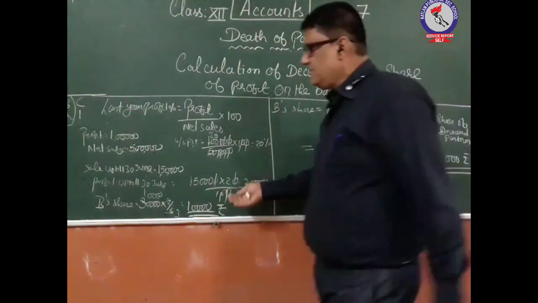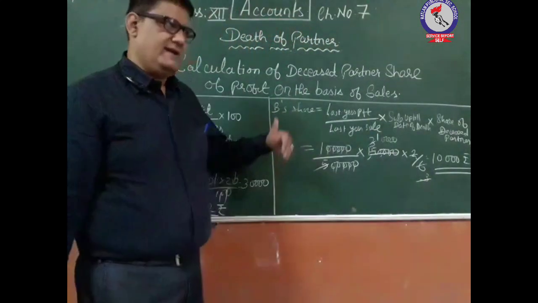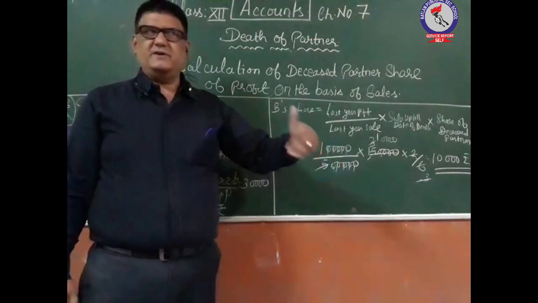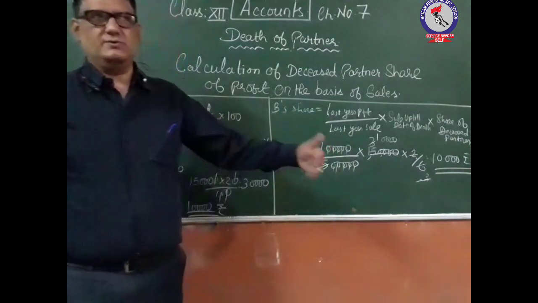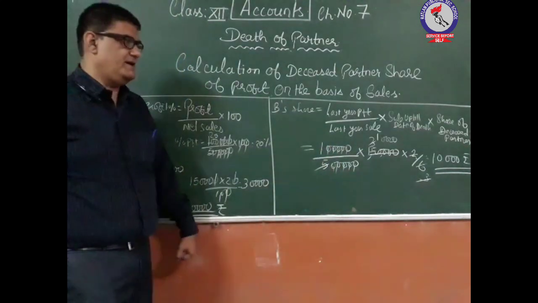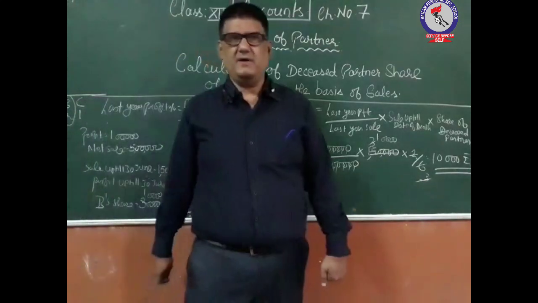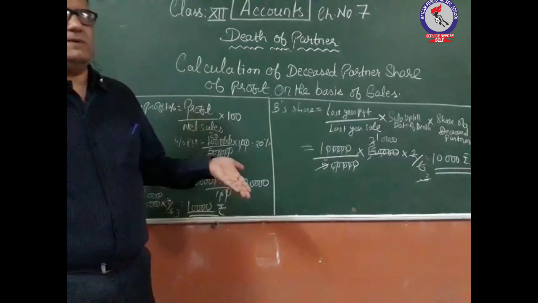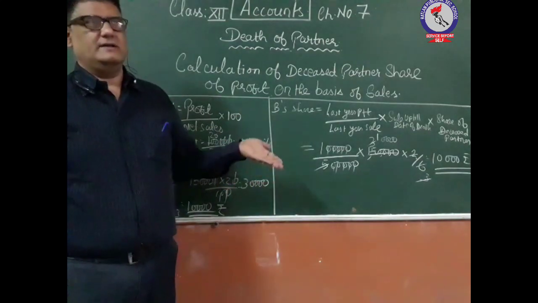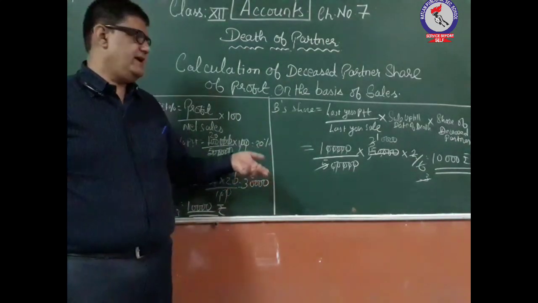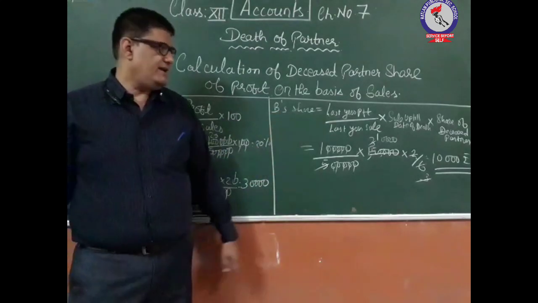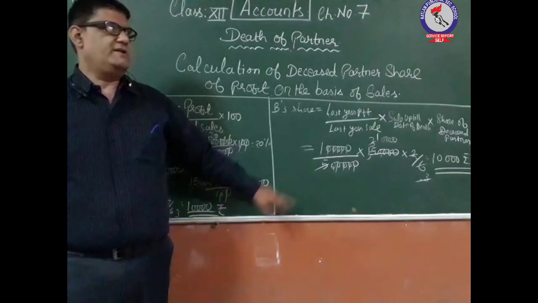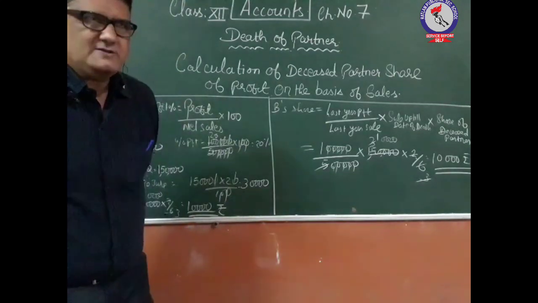And after that the accounting treatment in the same manner, if there is no change in the profit sharing ratio of the partner, so there will be one journal entry passed. Okay, and if there is the change in the profit sharing ratio of the partner, then we will be passing the two journal entries. Okay, so in case of one journal entry, that B is getting 10,000 rupees, so it will be profit and loss suspense account.